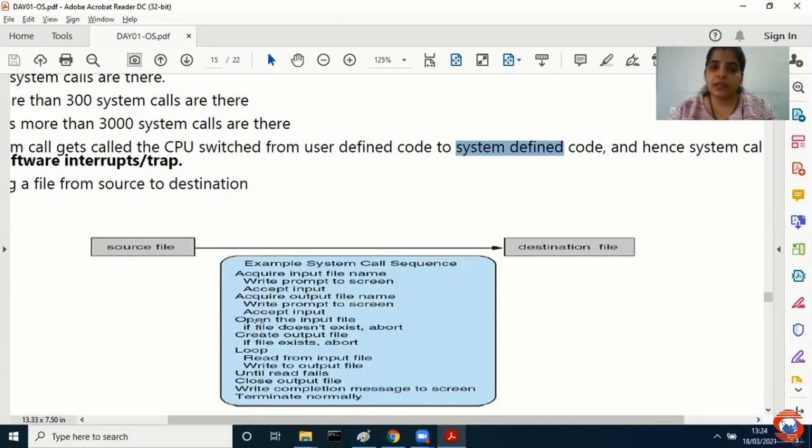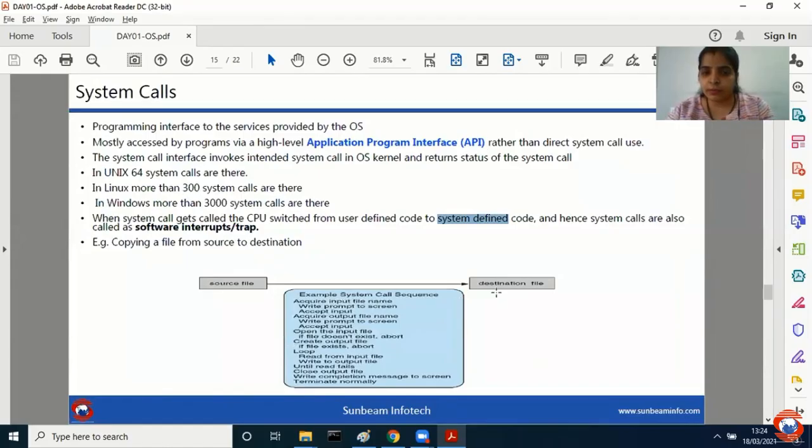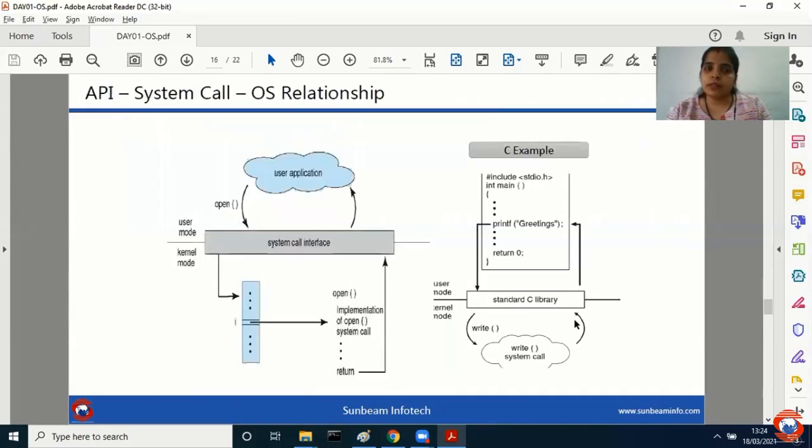If the file exists, okay, otherwise create the output file, and so on and so forth. Means एक single source file से destination file तक complete करना है process, तो मुझे वहां से data copy करके destination में paste करना है. So that is done with a certain set of steps, and those are performed by different system calls, right?